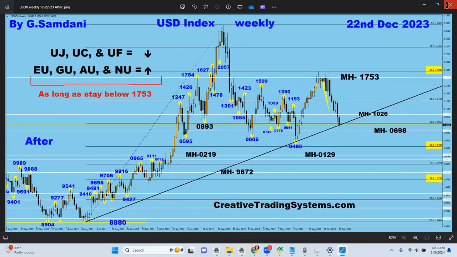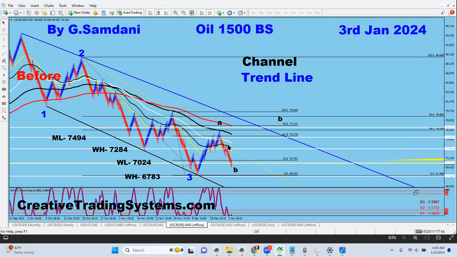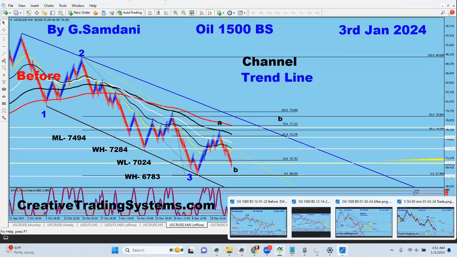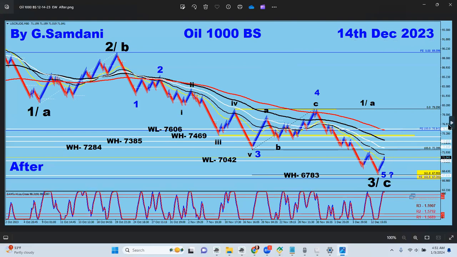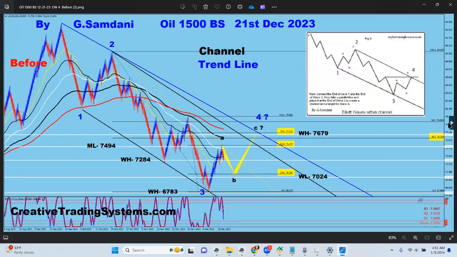All right, so you have this idea that from A, B, and then for C, we're going to be going back up there. And the chart I wanted to show with the diagram, you will see probably here. Maybe not, maybe further right there. See, so this is how it is. This is the channel. For wave 4, we're going to be going up above to 78%, if we can hold above 70.24, right? So I'll be looking for a long above this.